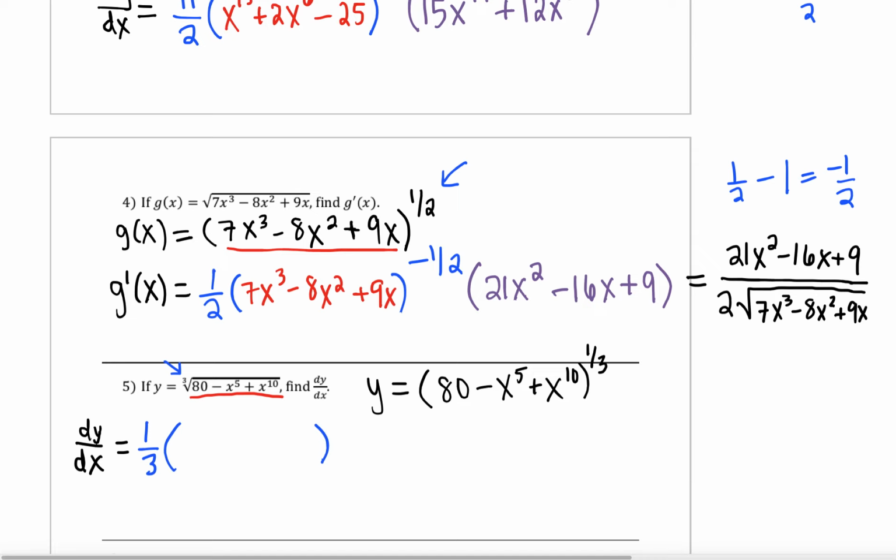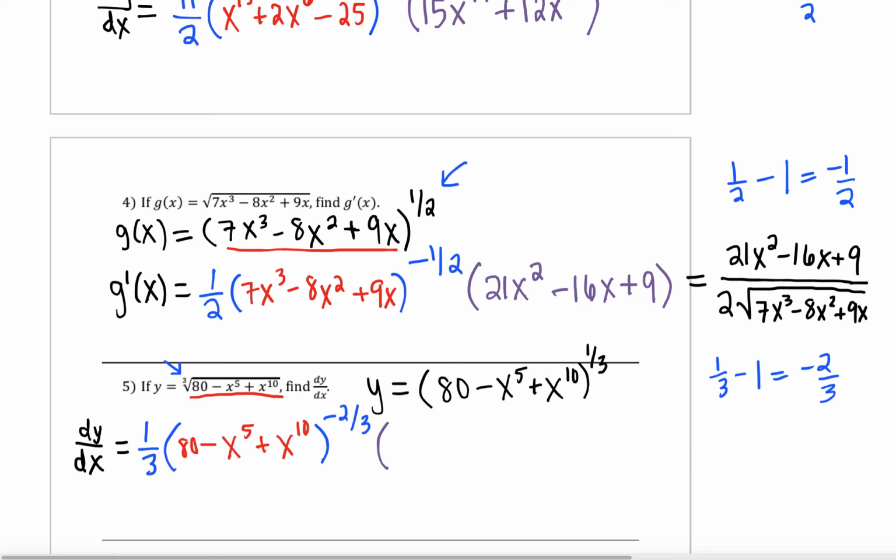But our new exponent would be 1/3 minus 1, which would give us negative 2/3. So our new exponent here will be to the negative 2/3 power. So I've done the derivative of the outside. Now I need to rewrite the inside function the same. So 80 minus x to the 5th plus x to the 10th times, I still need to take the derivative